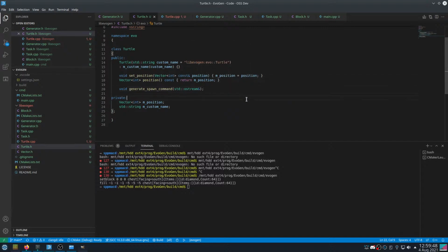So I don't know how to do that now. We have generate spawn command. And we need to also have some